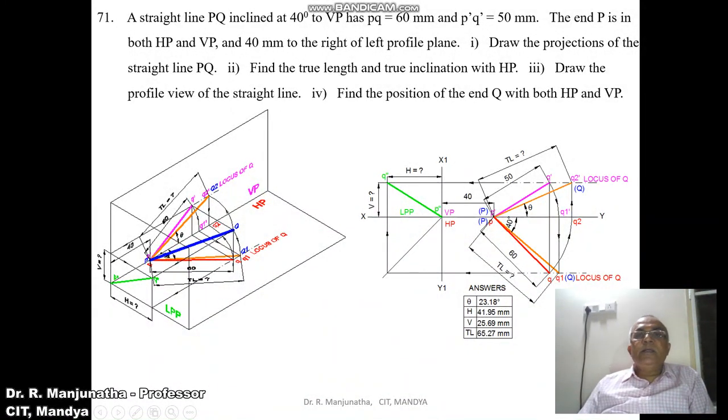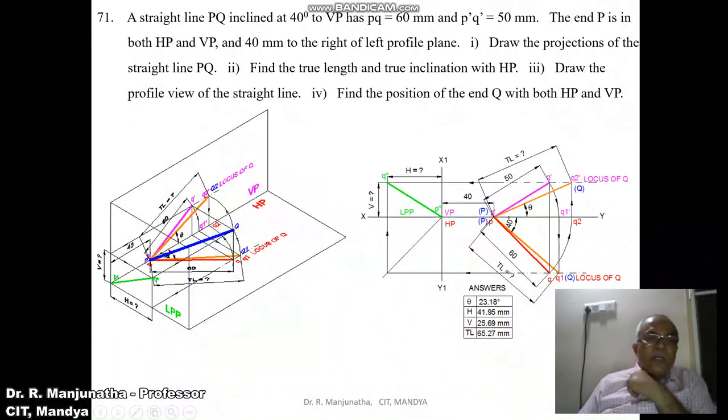So here the line is given: 40 degrees to VP, and he has given the top view and the front view length. When the front view is parallel to the XY line, its corresponding top view is going to be the true length. So that is the condition you need to apply. When P dash is on the XY line, Q1 dash should also be on the XY line. So P dash Q1 dash is the line,